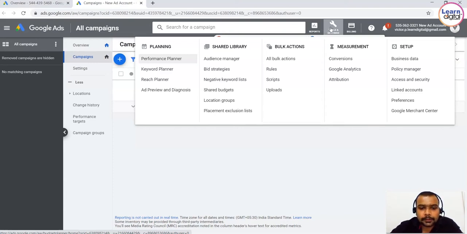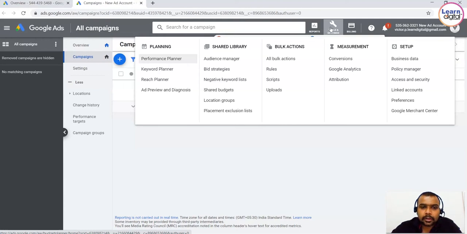Now what is performance planner? The performance planner is a tool that lets you create plans for your advertising spend. You might have spent some money previously, so this performance planner will give you a plan based on the response that you got in the previous campaign. It will tell you how much you need to spend for the upcoming campaigns and see how changes to campaigns might affect key metrics and overall performance. Okay, so use performance planner. You can see the forecast for your campaign and explore the outcomes by adjusting campaign settings.